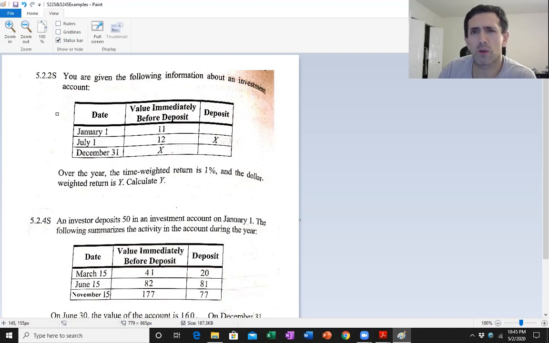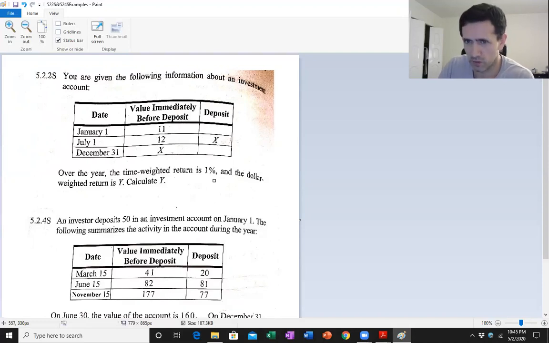Okay, so the problem is 522. The numbers are changed a little bit. You're given the following information here. You're given that the time-weighted return is 1% and the dollar-weighted return is y. Calculate y. Okay, so the basic idea of this problem is just use the definition, really, of the time-weighted return